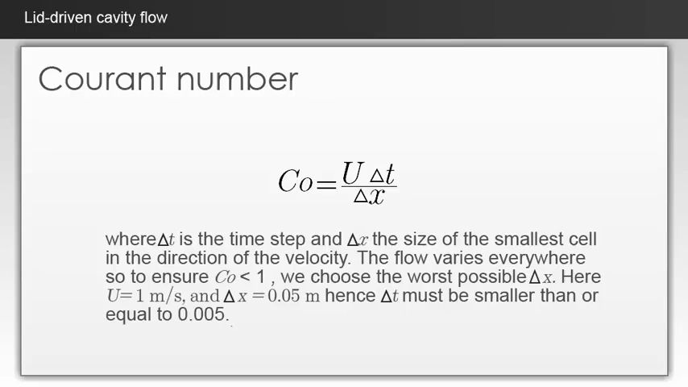To ensure temporal and numerical accuracy, the Courant number of the simulation must remain below 1. The Courant number is defined as shown in the formula, where delta t is the time step and delta x is the size of the smallest cell in the direction of the velocity. The flow varies everywhere, so to ensure the Courant number remains smaller than 1, we choose the worst possible case for delta x. Here, the velocity is 1 meter per second and delta x is 0.005 meter, hence delta t must be smaller than or equal to